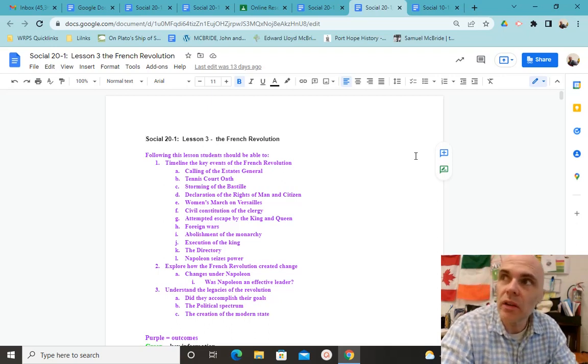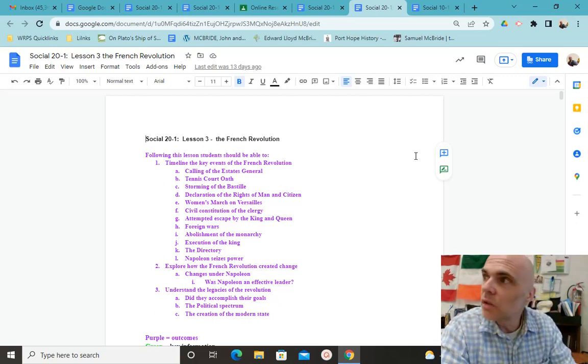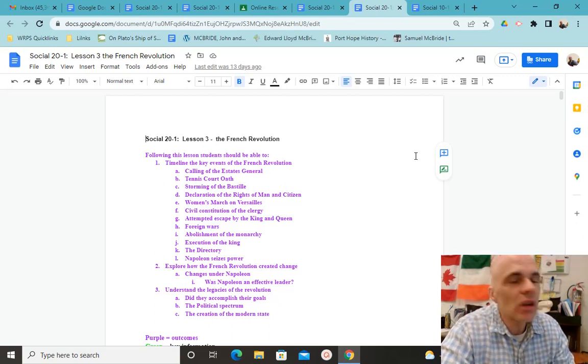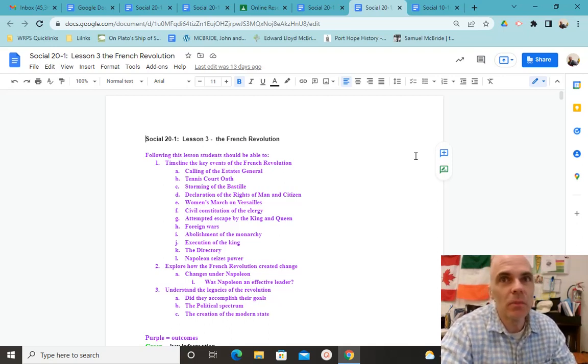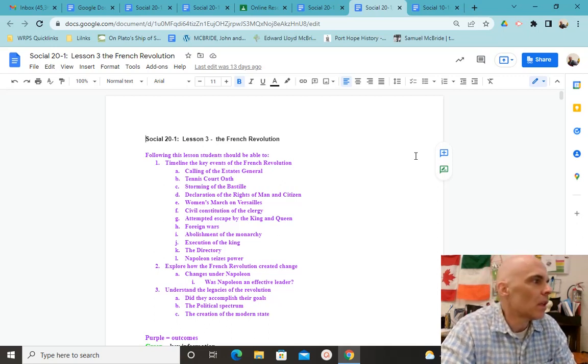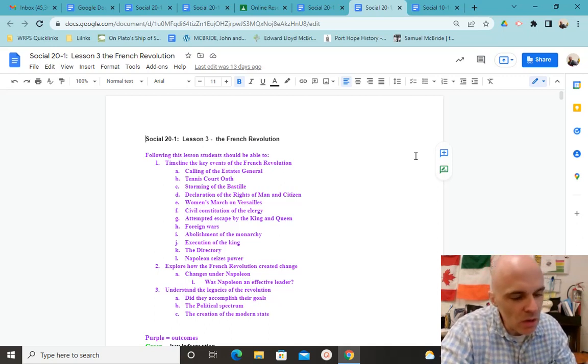And there were some outdoor tennis courts close by and some indoor tennis courts, and they go to the tennis courts, and there they create an oath. And the oath is this moment of great energy where they say, we will not disband without a constitution. That the absolute authority of the king needs to be limited by something. It should be limited by the Constitution. So the Tennis Court Oath is saying, we want a constitution.